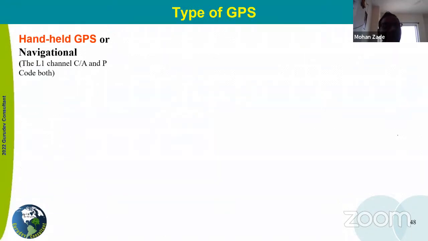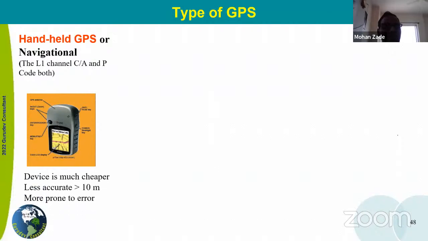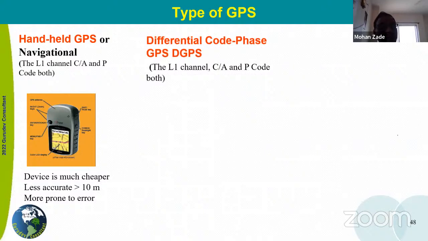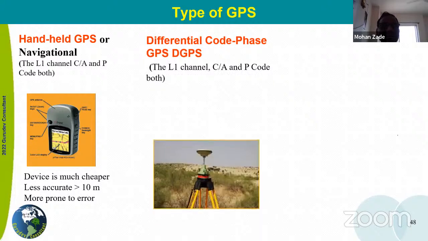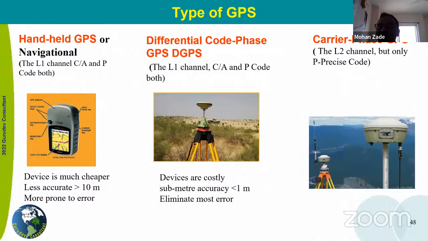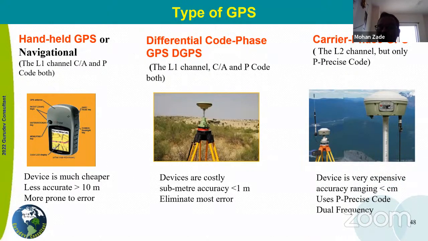There are different types of GPS. One is the handheld GPS, also called the navigational GPS, which carries the L1 channel. Its accuracy is greater than 10 meters. However, if you have a differential code, DGPS, then it is less than 1 meter. If you have a carrier phase, that is the P channel, L2 channel, then it has centimeter-level accuracy